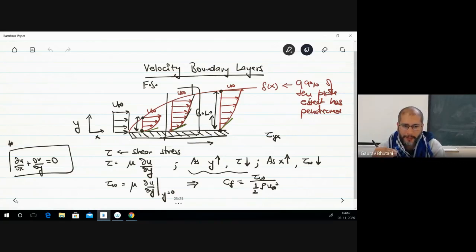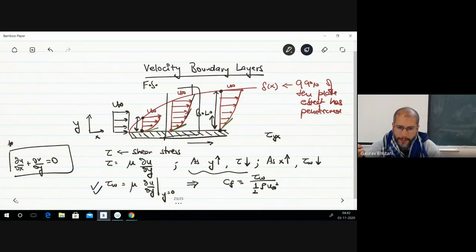If you put a plate in a fluid which is a uniform flow of U infinity, then this boundary layer that develops grows with distance x, and because of which what we see is that the wall shear stress, which is mu times del u by del y at y equal to 0, is going to decrease as you go further from left to right in the plate. Again, this wall shear stress is extremely important as fluid mechanicists, because we would want to know the force applied by the fluid on the plate and vice versa, because in some cases we want to minimize this force, or in some cases we want to maximize this force depending on the application.